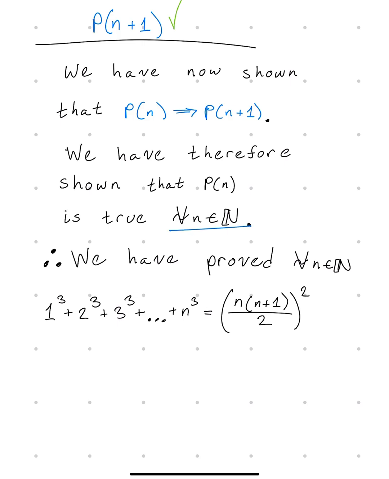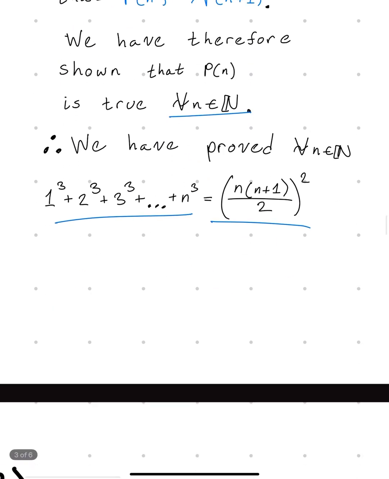And because of this, we have proved that for every natural number n, 1 cubed plus 2 cubed plus 3 cubed, all the way to n cubed, equals n times n plus 1 over 2, squared. And with that, we have proved everything. And I give that a